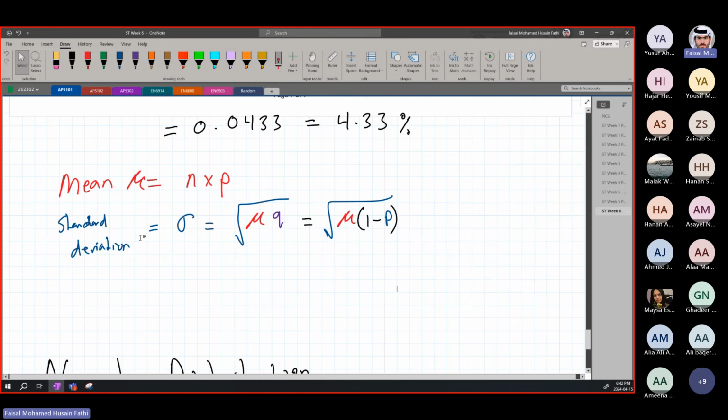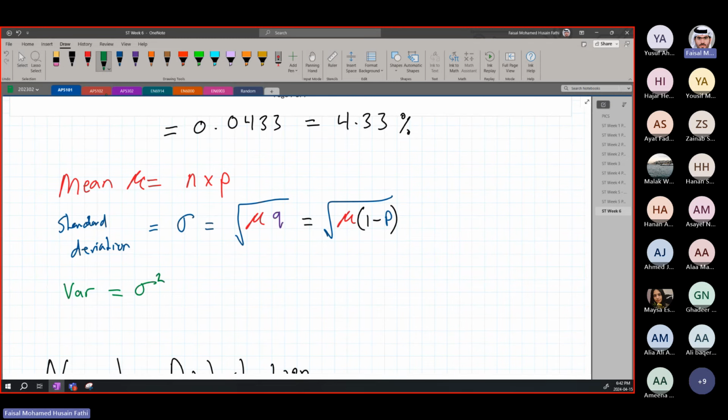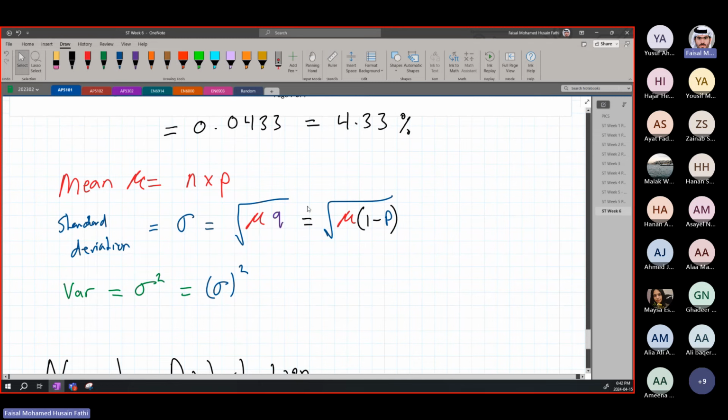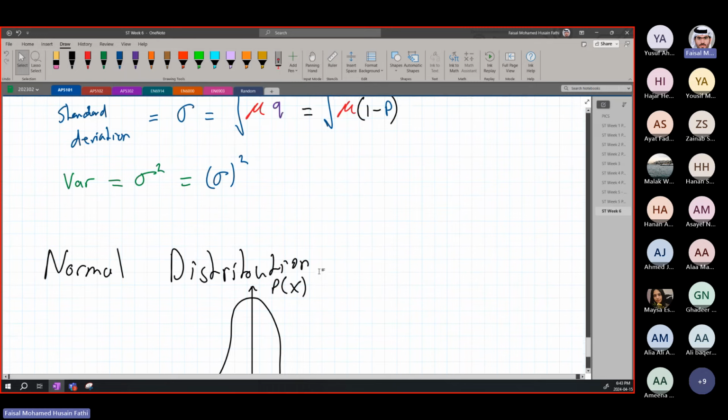I'm guessing you might. And one thing as well, remember that variance is just the standard deviation squared. So if you want to find variance, it is equal to sigma squared. So all you have to do is square the standard deviation. Whatever value you get for your standard deviation, you square it, you get your variance. Tamam? So this is just a formula. Apply. You know what your n is, you know what your p's are, and that's it. Okay? Now,